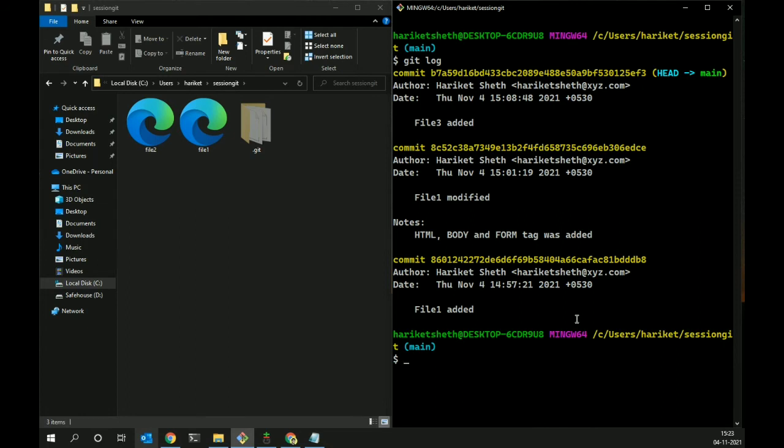And one more thing which you saw by using git revert is that it created a new commit. When you used git reset, no new commit was made. You can see no new commit was made for your usage of git reset. Only 3 commits are there. Whereas when you used git revert, a new commit was added, right? And the file was deleted from your left side as well, right? So that is the difference between git reset and git revert. Both the things are different.